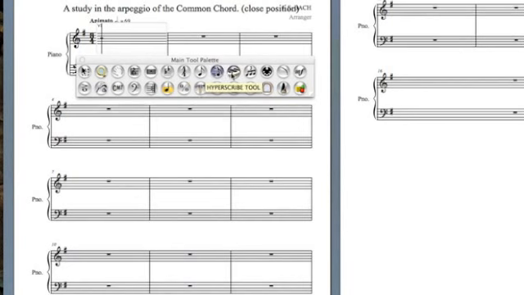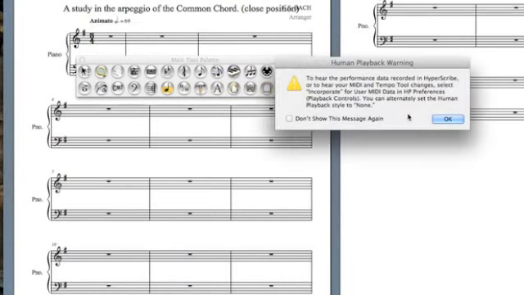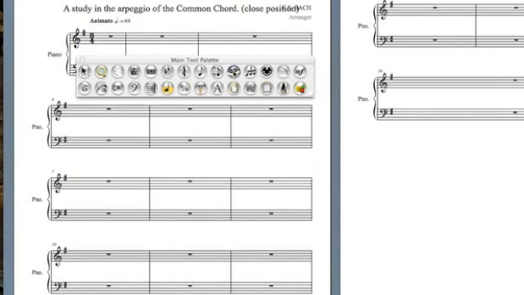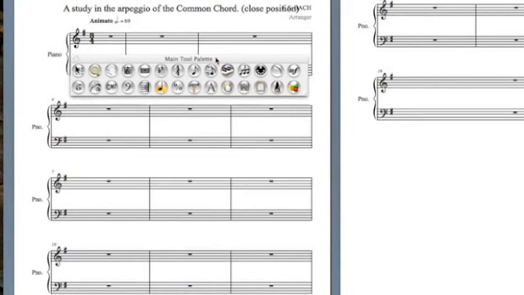But if you do, you could use the hyperscribe tool, which allows you to play music into Finale through a MIDI keyboard, and then Finale gives you a click track, and you can play along with it, and then it'll transcribe it for you. Now it'll do the best it can, because as we will see later when we talk about MIDI in more detail,